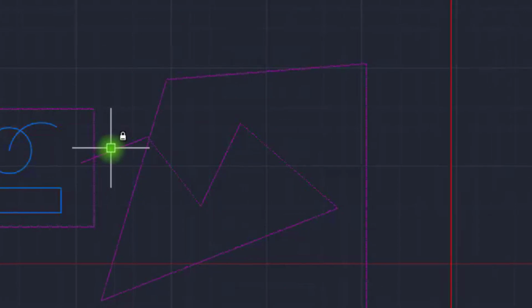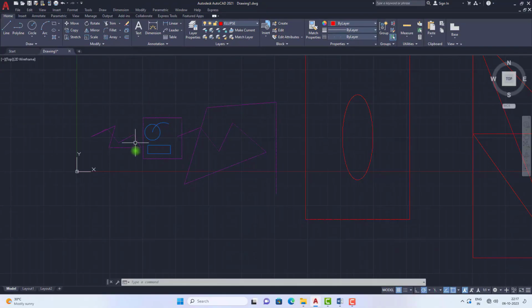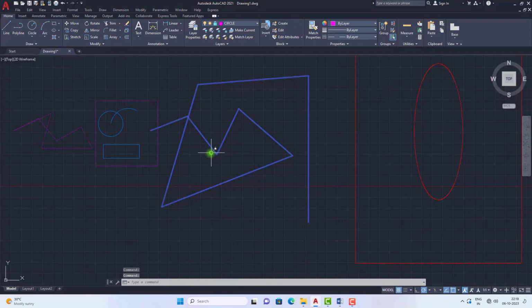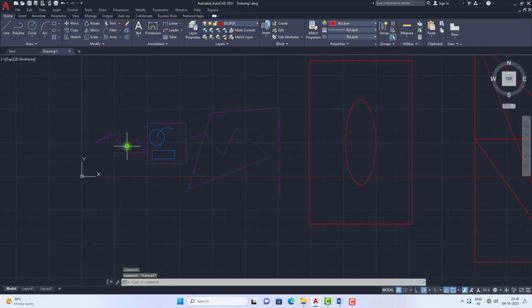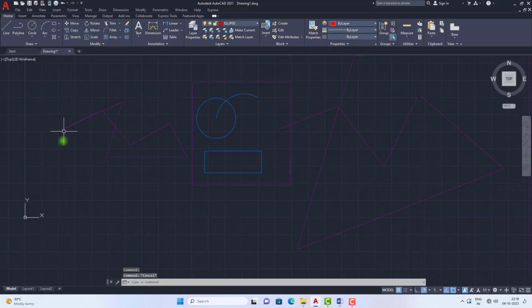What is the use of this lock? These objects have a lock, and if you select these objects, they will be selected, but we cannot move them, or do any modifications on these locked objects. They will just be selected, but we cannot move, add, subtract, or do anything on these objects.